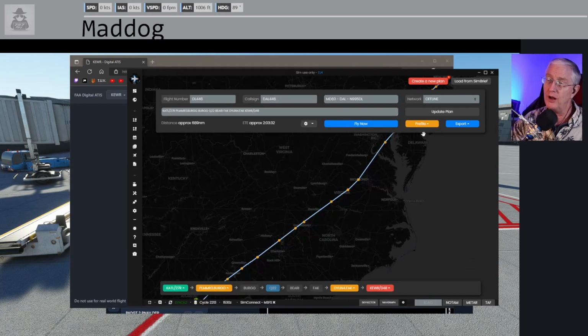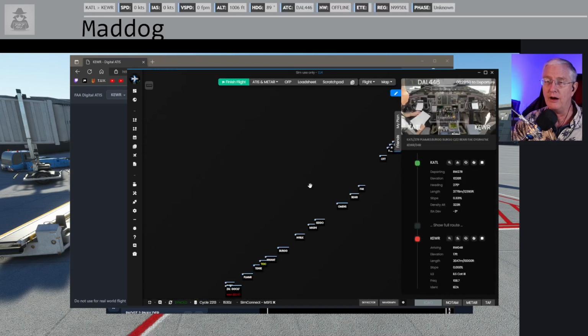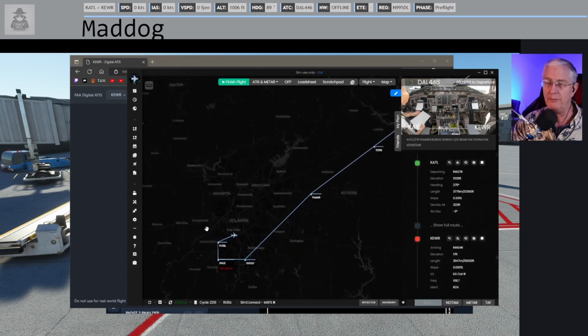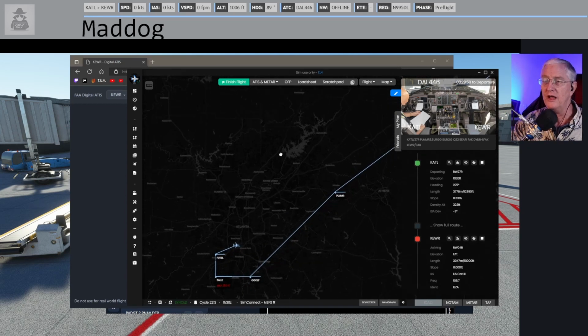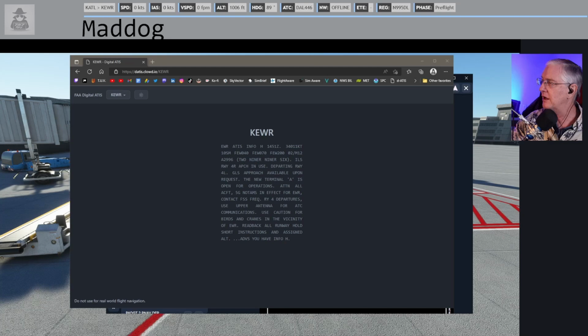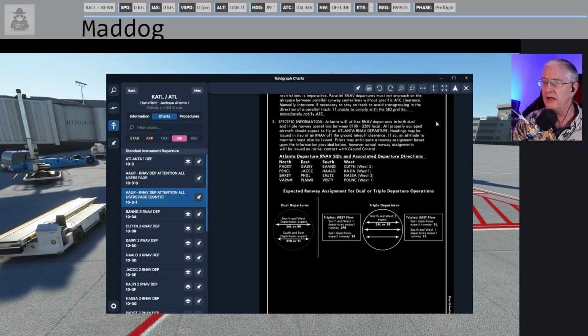Okay, if we were on VATSIM, we would pre-file. We don't need to pre-file. So at this point, I'm just going to hit Fly Now. And I'm going to look and see, does the airplane appear down here at the departure airport? That's usually a good indicator that the flight tracker is working. Sometimes it's a little dodgy. And I'm going to take this thing, move it over to the right, minimize it, and get it off of that screen. The next thing that we're going to do is come on in here,